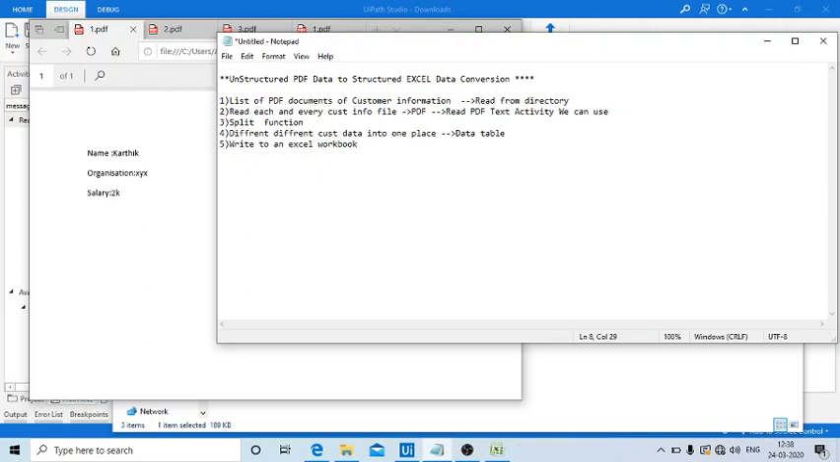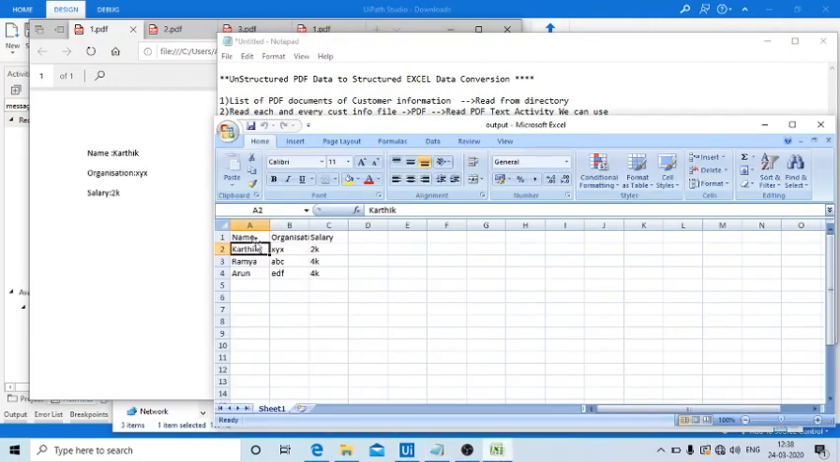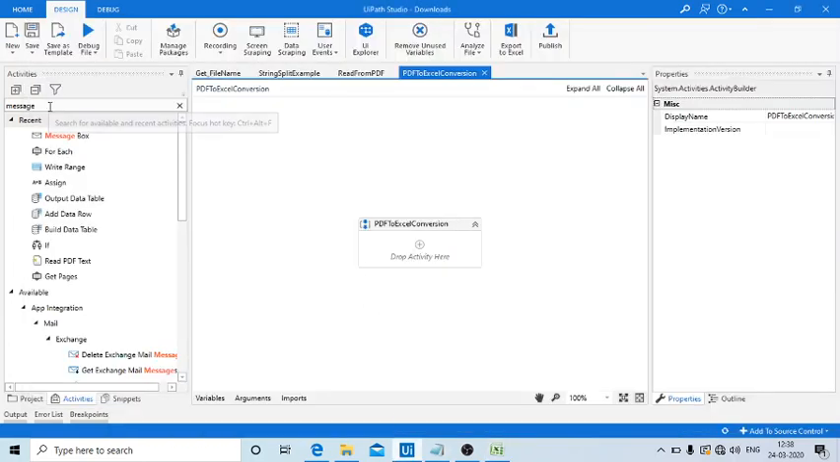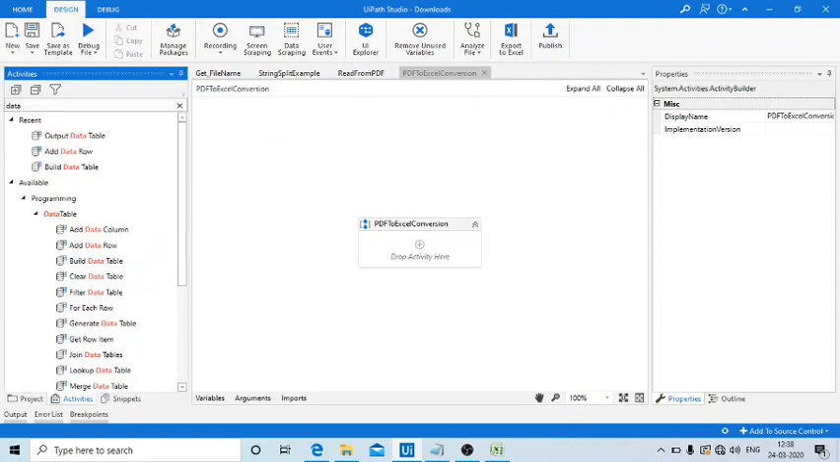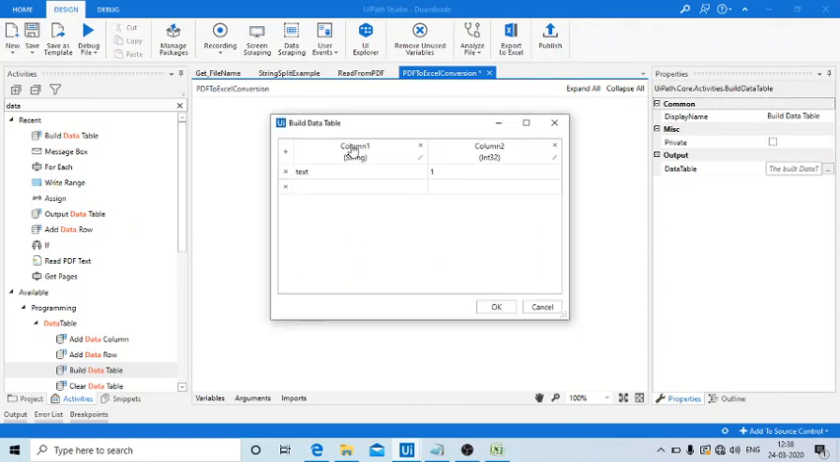So simple, guys. So before getting everything, I know the output format will be of this type, which is a data table. I know that. So I'll create one data table. For that, just go here, data table, and type. If you type data table, you get this activity called Build Data Table. Just select that,